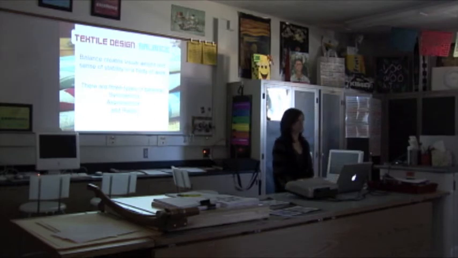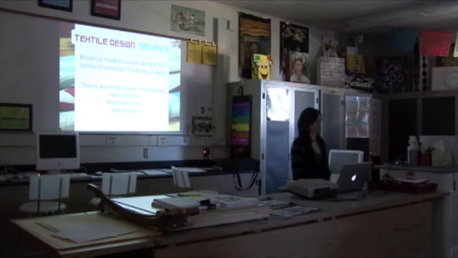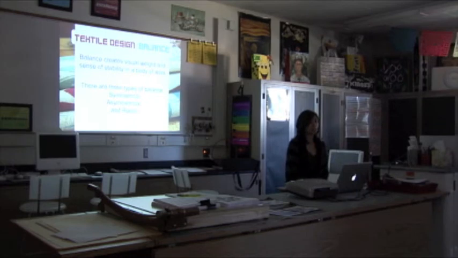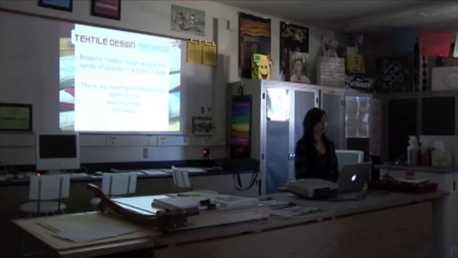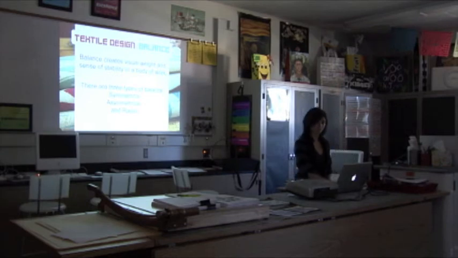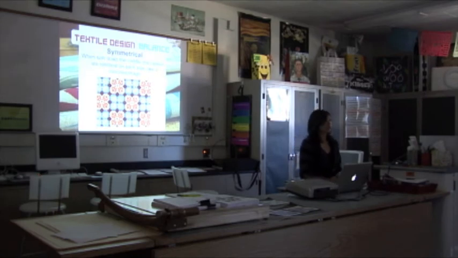Okay, so the first thing to consider was balance. And with balance, you can create visual weight. It's a way of giving stability to the artwork or to the design. And there's three types of balance. So these are things to consider when you're creating the designs. Do you want it to be symmetrical? Do you want it to be asymmetrical or radial? So symmetrical is when you split